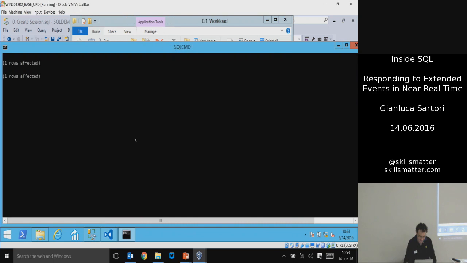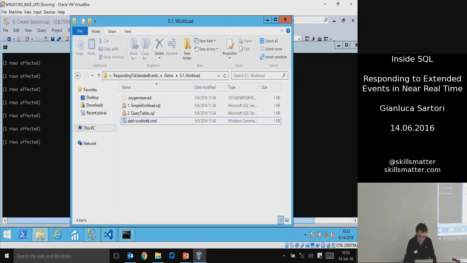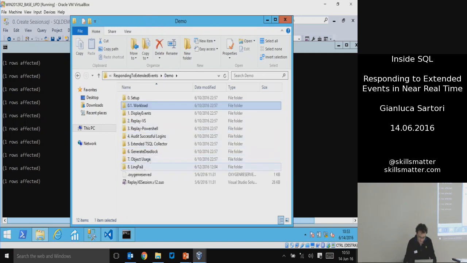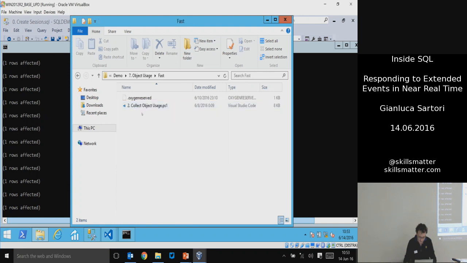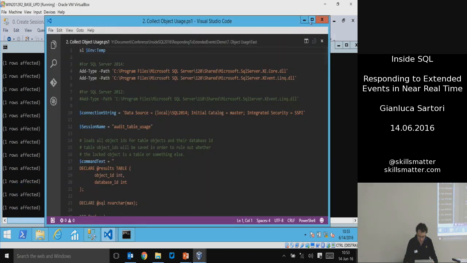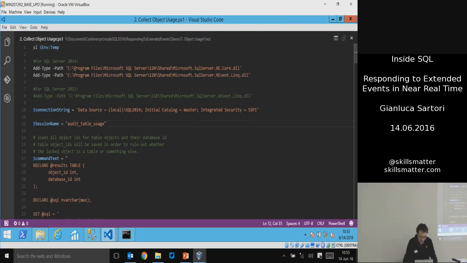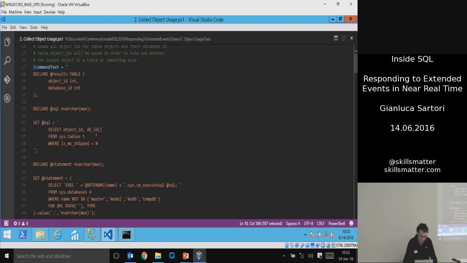So let's start this one. It's working, and let's have a look at what the script does in this case. So let's open this. Okay, so again, we have the two types that we have to add. The connection string for the source of the events, and then